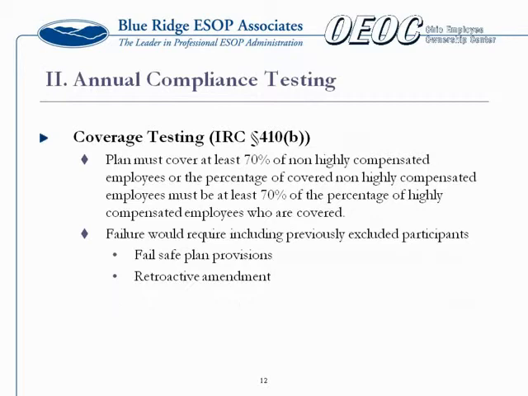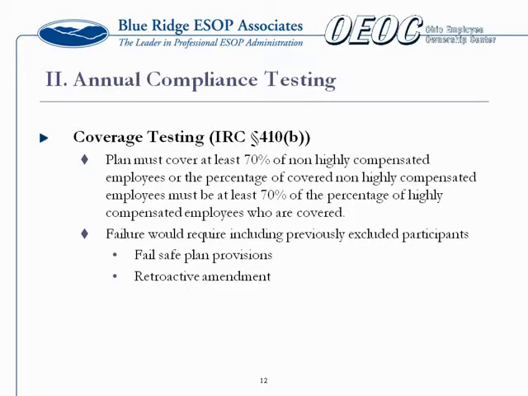So let's talk about another one of these compliance tests that we've kind of danced around here, the coverage 410(b) test that is specific, just looking at your ESOP. Your 401k plan has the same test, but just looks at the numbers for your 401k plan. So in an ESOP context, it's really kind of a ratio over a ratio. And if you remember, we just talked about the highly compensated definition. That's what you're going to use here.